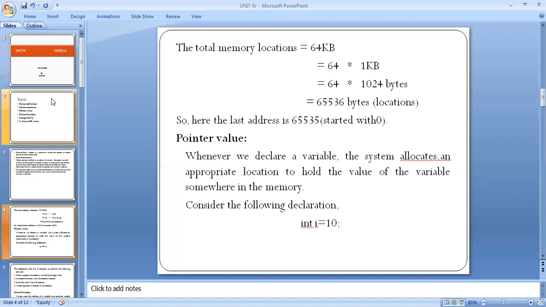Pointer value. Whenever we declare a variable, the system allocates an appropriate location to hold the value of the variable somewhere in memory.